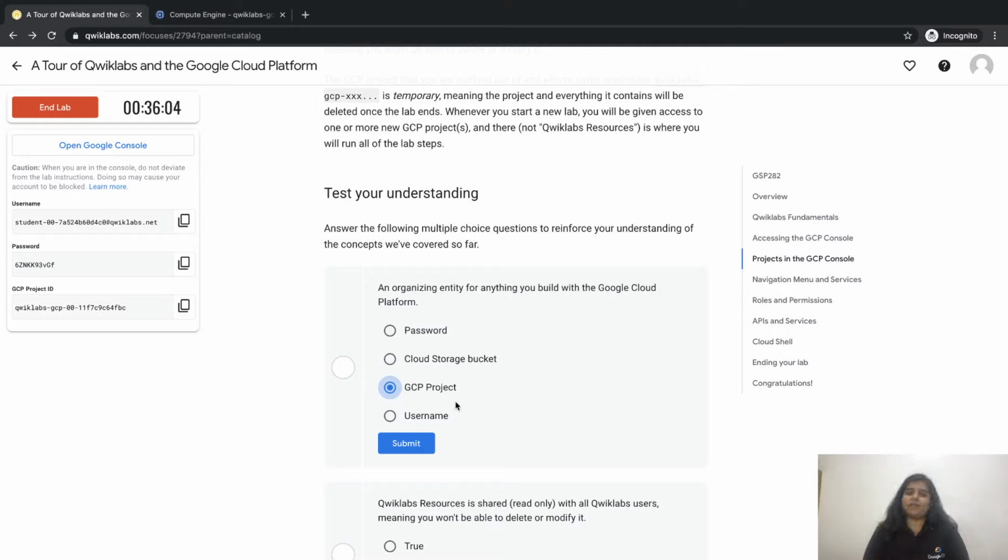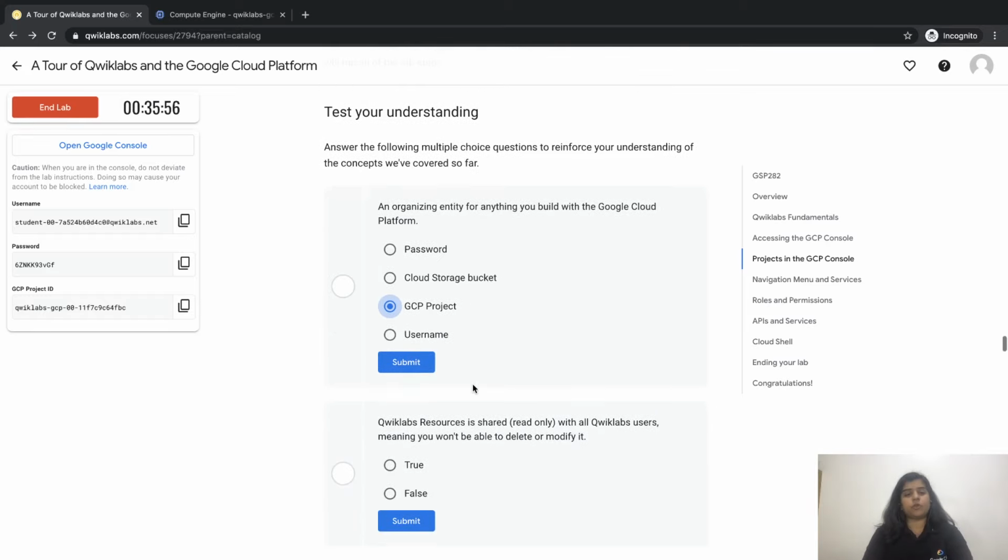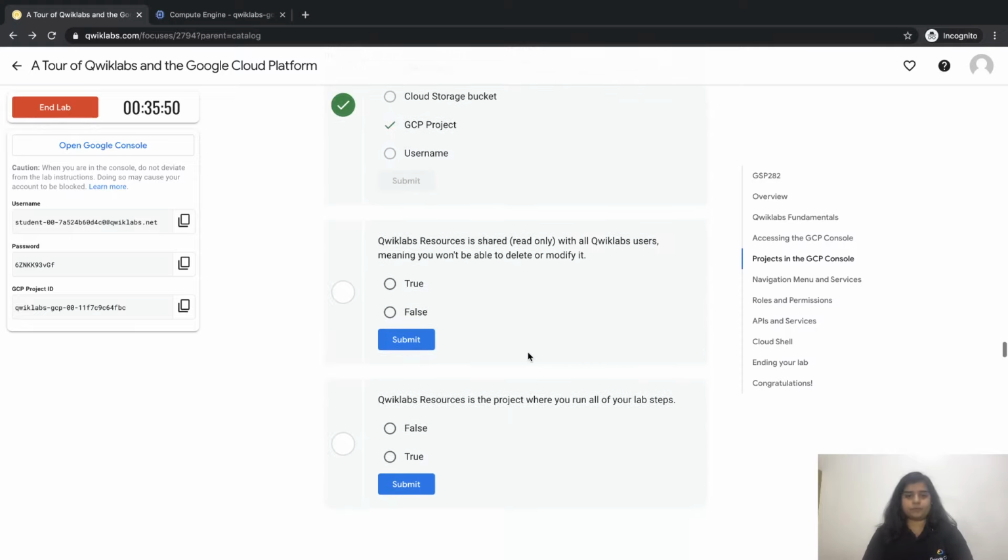A storage bucket is one of the services used to hold or store some data. So that is not the thing. What we do is we use a GCP project to store all our resources, to manage all our resources. Perfect. Now the second question is: Qwiklabs resources are shared with all Qwiklabs users, meaning you won't be able to